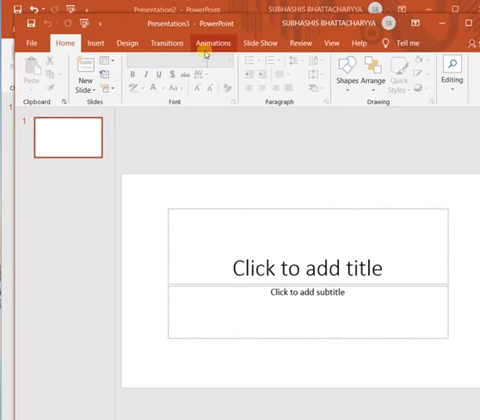Theme is also a built-in template that can be applied to the entire presentation. That means whichever theme I will select, it will be applied to all our slides. But there will not be any content, only it contains some background design.